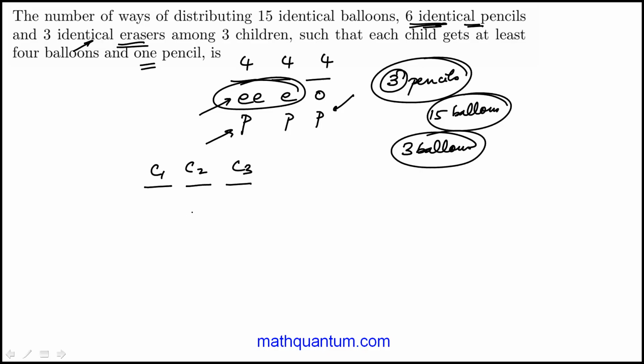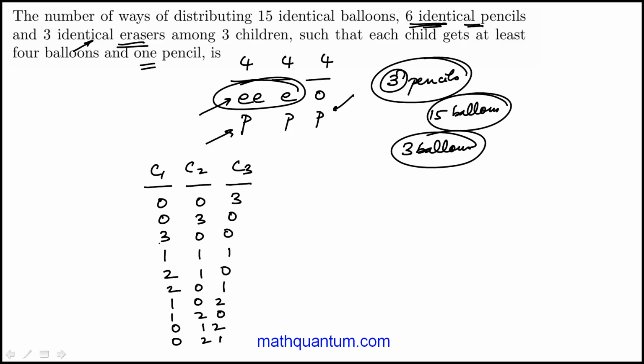And of course, if you don't know about partitions, you could do it brute force. You could say 0, 0, 3, 0, 3, 0, 3, 0, 0, 1, 1, 1, 2, 1, 0, and then this one you'll see it will be 6 because they're all distinct. And that's it. So 3, 6, 10. So there are 10 ways I can divide those either 3 erasers or the remaining 3 pencils or the 3